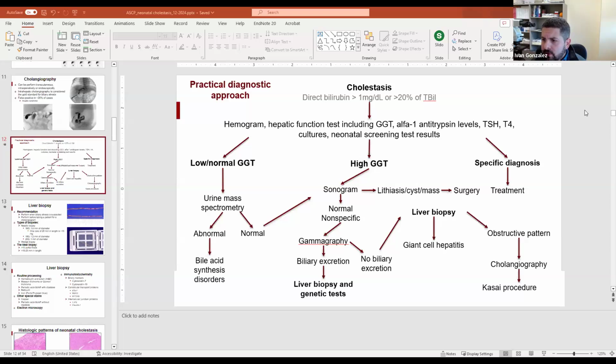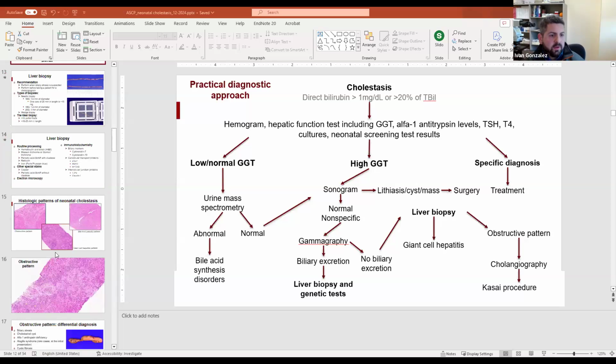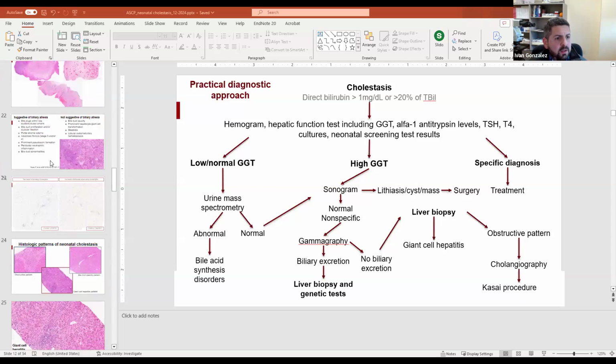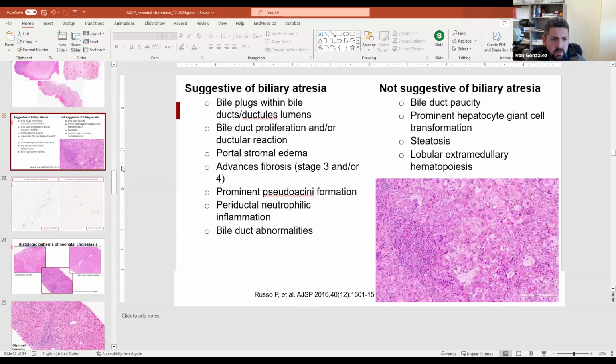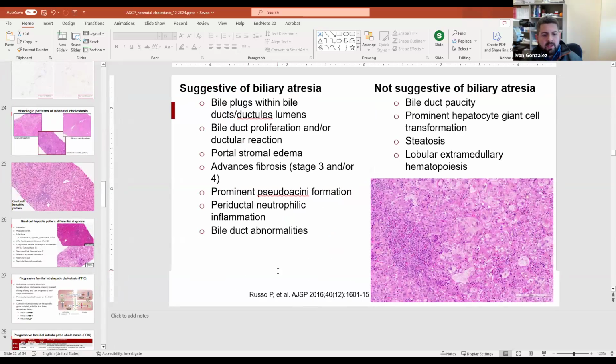Okay, can you put up the slide with all the findings of BA positive and negative? There's a question about how strongly we comment when there are negative findings. So I think they're referring to this really great study by Dr. Russo. This study is super interesting. A bunch of pathologists, I think 15 plus, from the network sat down together. If I remember correctly, they reviewed close to 400 biopsies and evaluated all these different features, trying to determine which were associated with BA and which weren't.